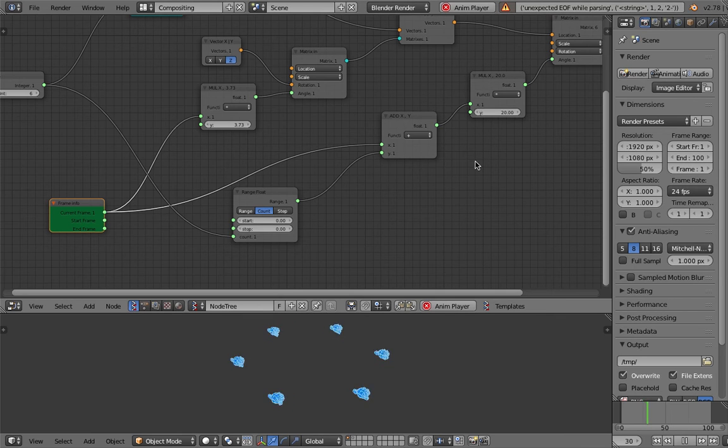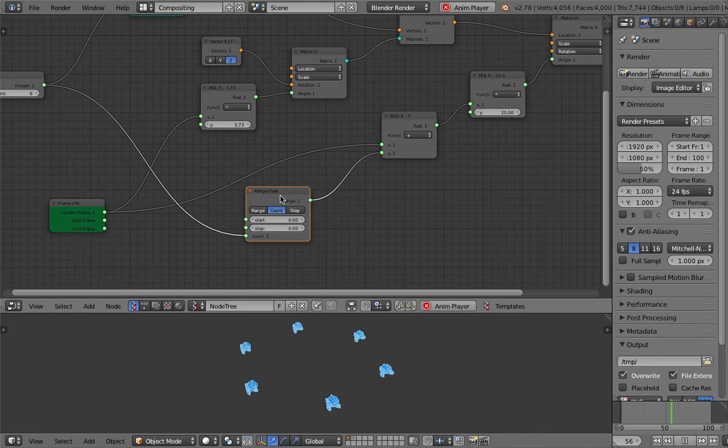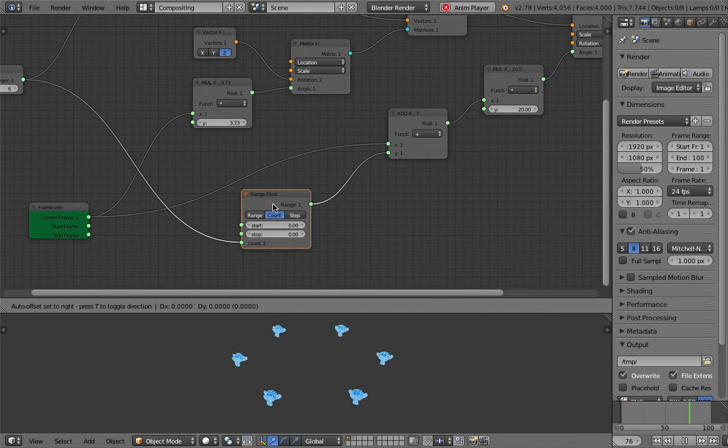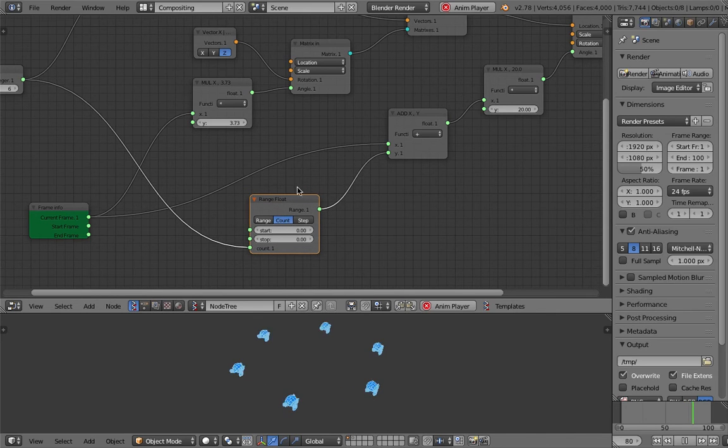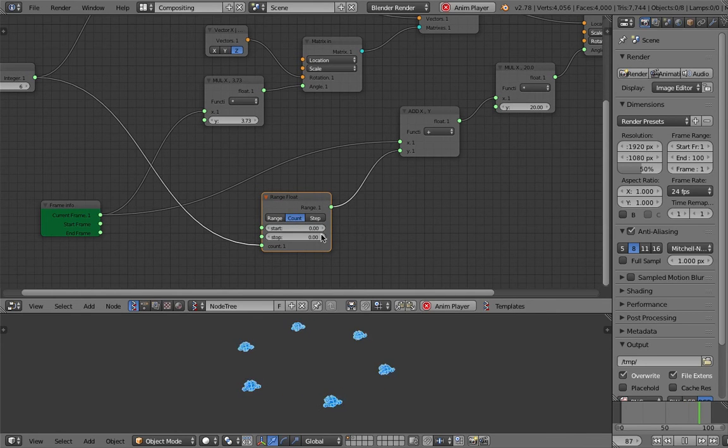If I'm using animation nodes, I would use the delay frame or delay time in order to offset each and every object's rotation. In Sverchok, we use range float. We can use range float and add it with a frame number. I think this is the correct way to do it. So now each monkey is offset slightly in terms of rotation,